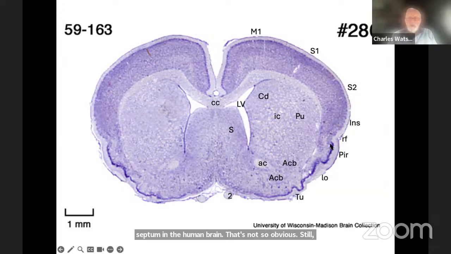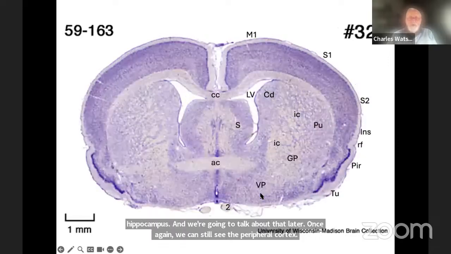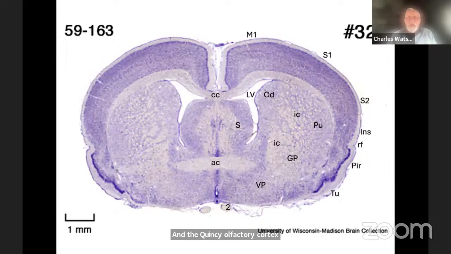Once again, you can still see the piriform cortex and the crinkly olfactory cortex below, underneath there. So we're now at a crucial section. The reason I say this is that when you look at forebrain sections, the anterior commissure, while it's not as big as the corpus callosum, is a very, very good landmark. Behind the anterior commissure, we find the thalamus and the hypothalamus, and in front, we don't find those things. So it's very important to know this is the point behind which we're going to find the thalamus.